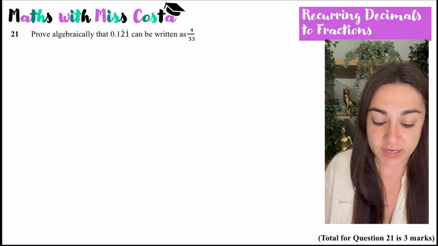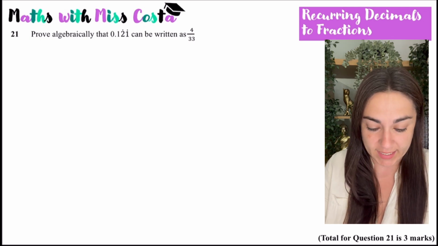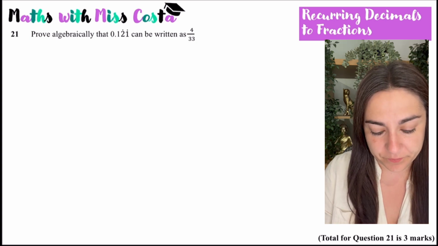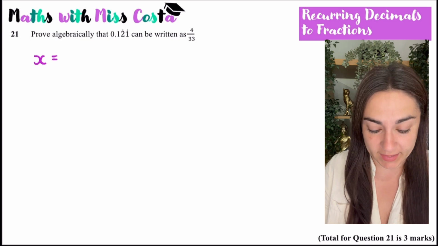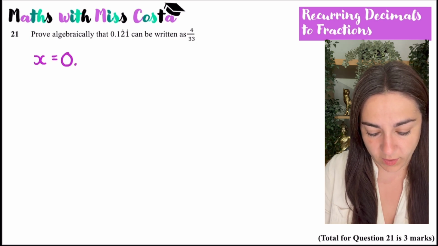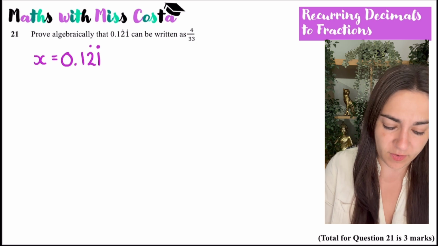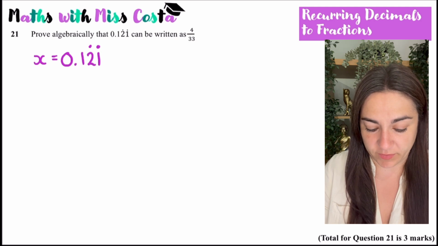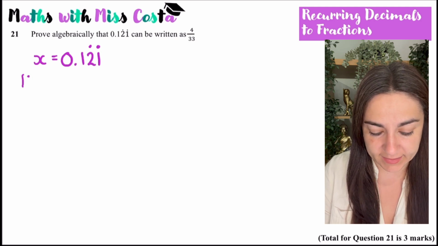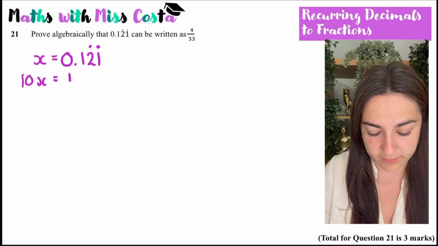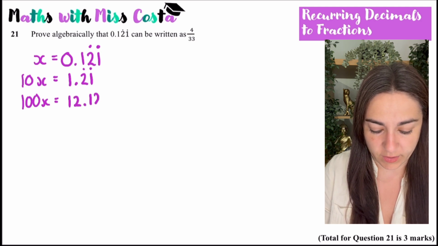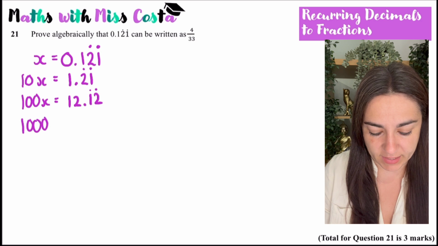Okay, so here we've got to prove algebraically that a recurring decimal can be written as a fraction. So whenever we're doing this, what we do is we start by labeling our decimal as x. So if x is 0.121 recurring, I can then manipulate it by multiplying it by a power of 10. So I know that x is 0.121, therefore 10x is going to be 1.21 recurring. 100x is going to be 12.12 recurring, and 1000x is going to be